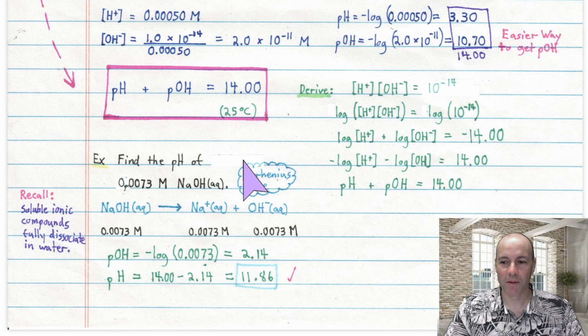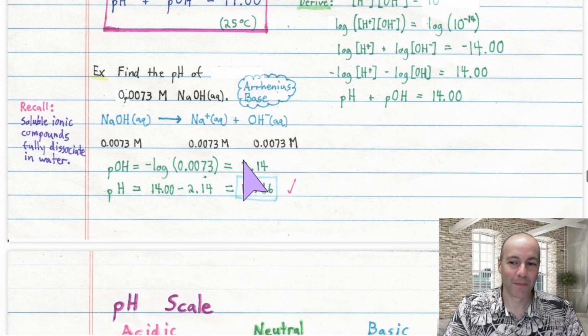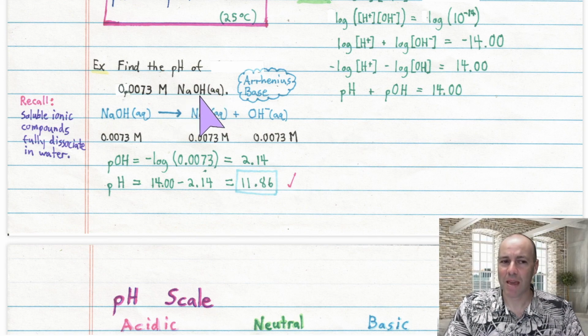Let's do one more example involving a base. We'll talk more about bases in the next video, but here's a quick example. Suppose you're asked to find the pH of 0.0073 molarity sodium hydroxide. Now this is an Arrhenius base because when it's dissolved in water, and you can see its aqueous solution,